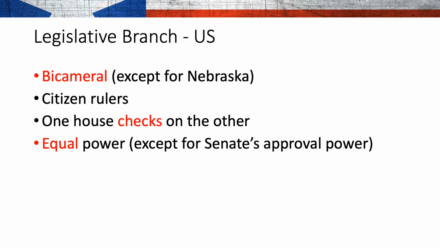The legislative branch is supposed to be the citizen rulers, so people like you and me who were elected to help lead the state and lead the country. One house checks the other house, so that's why there's two houses. So the Senate can't just run away and do something crazy without the House approving it, and vice versa. And they have relatively equal power, except that the Senate has approval power. So the Senate is able to approve the executive